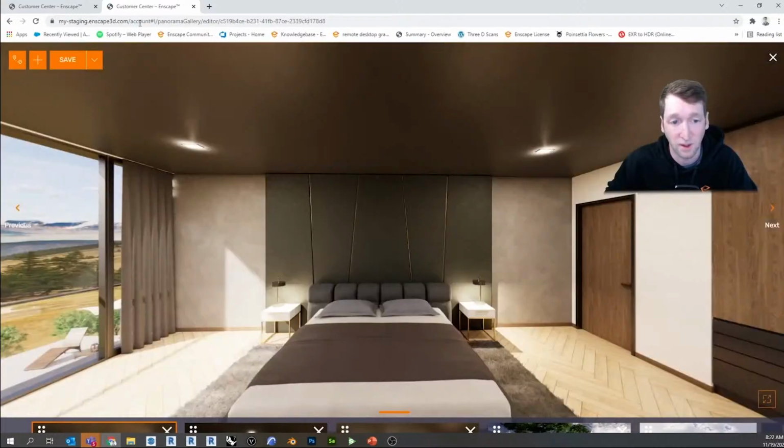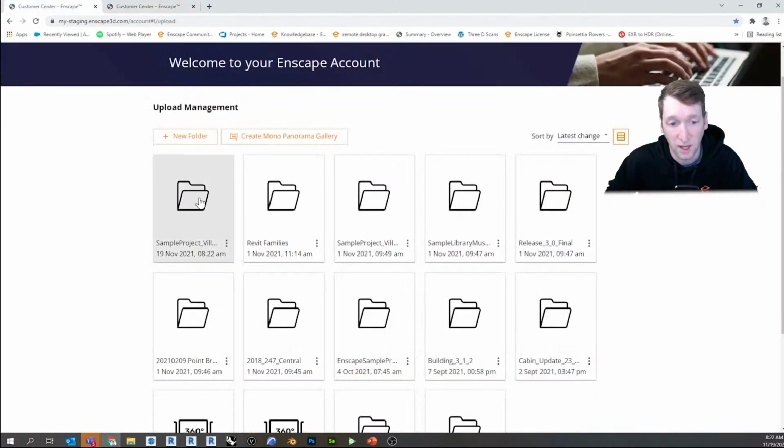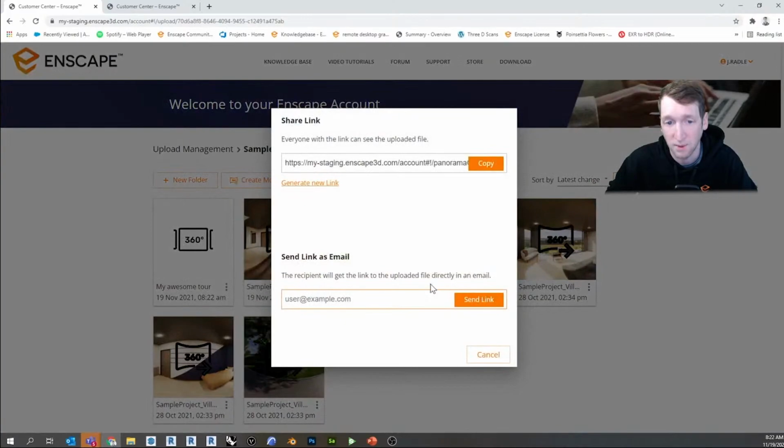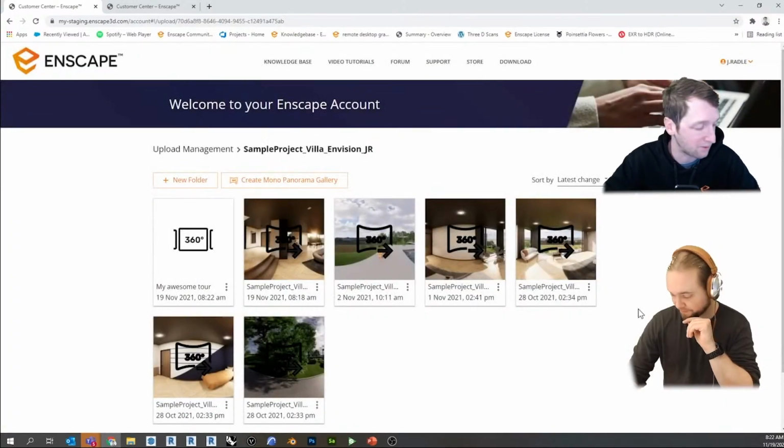Nice. So then a couple ways, yeah. And then how you can share that is you can go to the 3 dots right there, and you still get the share options. So then you could copy that link, or you could email that directly to them. And that is our Panos and Panoramas tour and uploads thing. Kai, what you got next?